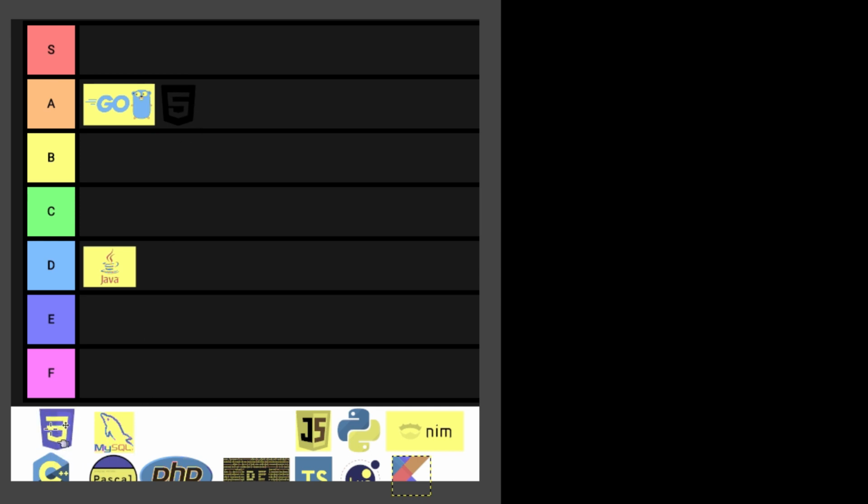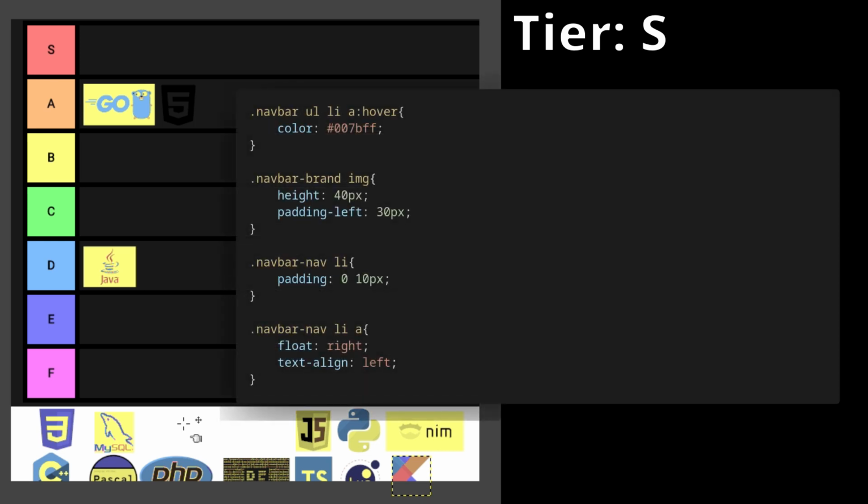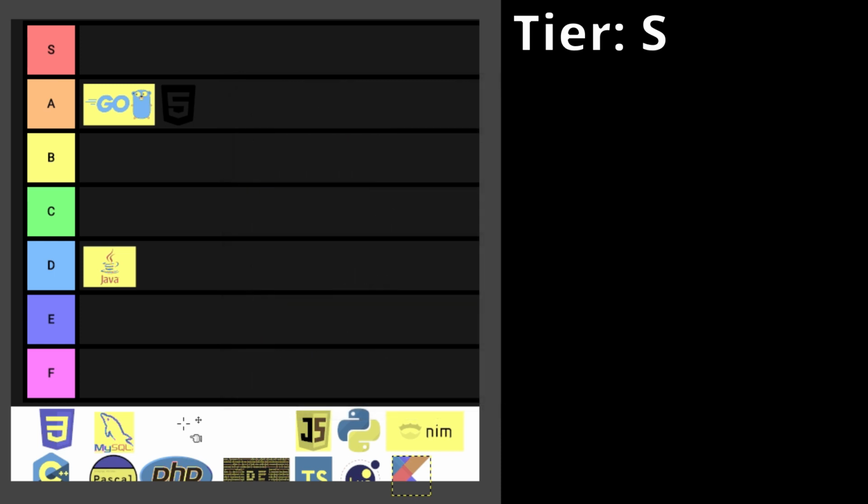Now next up we have CSS. Performance-wise, I don't even know if this applies to CSS, but I'll assume it's pretty fast since I've never really had to wait for CSS to execute. Syntax-wise, if you can't understand CSS, then you scare me. It's about as easy as it gets. Even if you've never touched CSS in your life, you should still be able to understand the basics of it, at least. The learning difficulty isn't very difficult. It's possibly the easiest language you can learn.